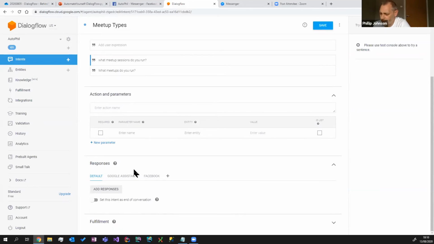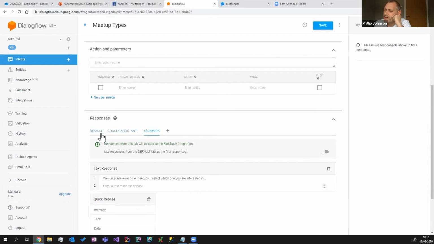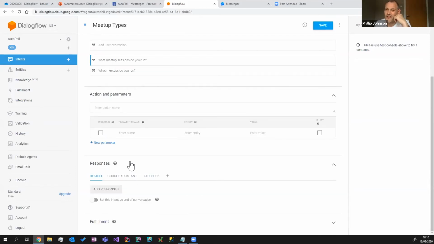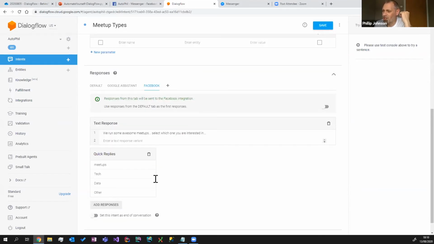If we have a look at the responses now, you can see there, I haven't got a default response for this. I've just gone for a Facebook response. In reality, you're probably going to want a default response for everything, and then your specific integrations. The reason I've got a specific Facebook integration here is because Facebook Messenger has quick replies, and this is the thing where it had those little tiles that let me select the thing that I want